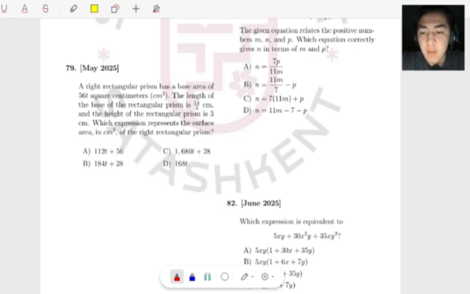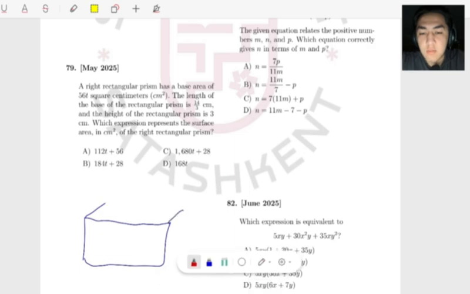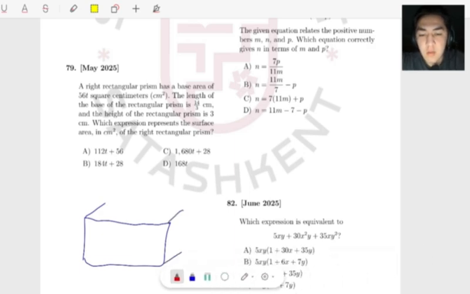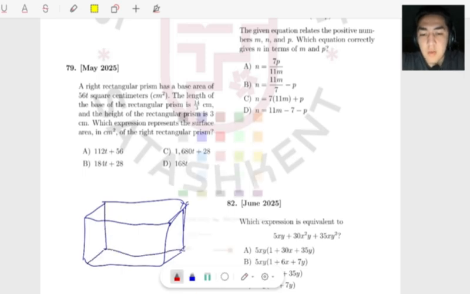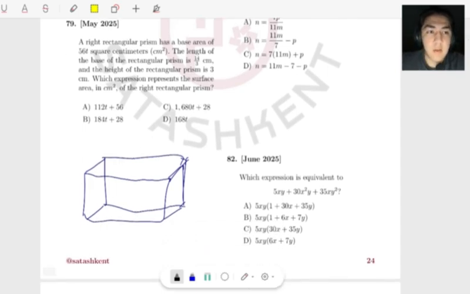And let's first of all draw a prism which is rectangular. Okay, imagine I have this prism, something like that, this one and this one. Yep. So now it says the area of the rectangle is 56t, and the length of the base of the rectangular prism is this. Okay, it means that it is gonna be